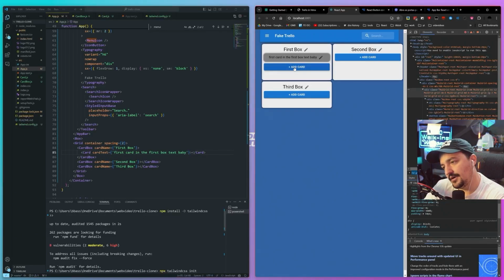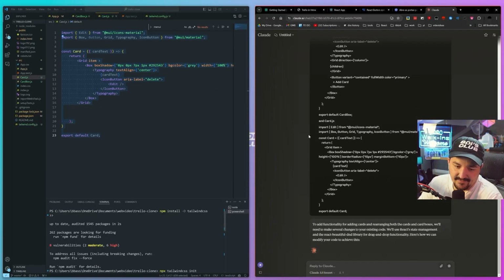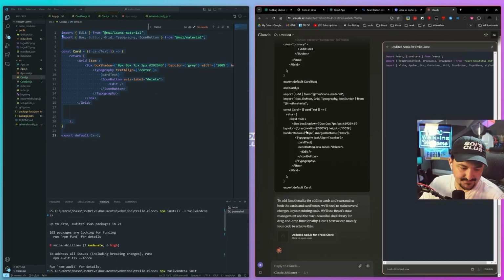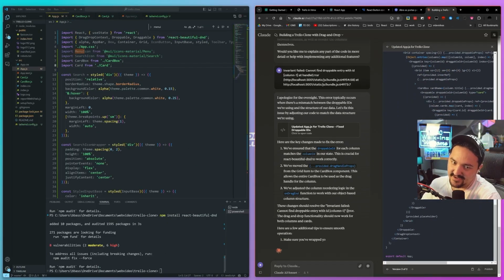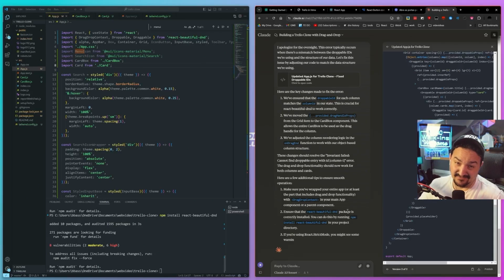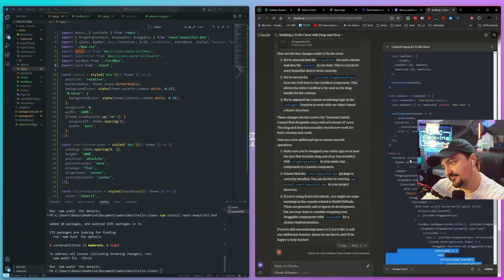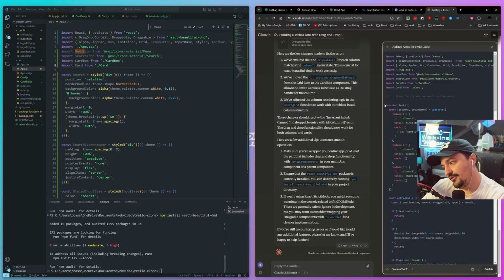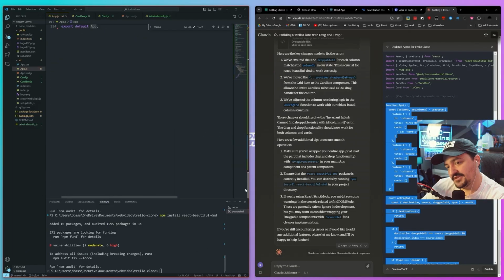We need to do add card. This will just save us some time, dude. Was this already going on about 40 minutes? I mean, when you could just do this, it's like, why would you not? You know, you gotta go back and forth with AI half the time. Say, no, no, no. But for time-saving measures,